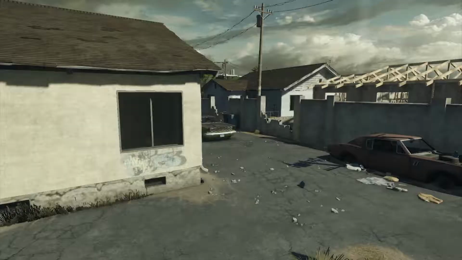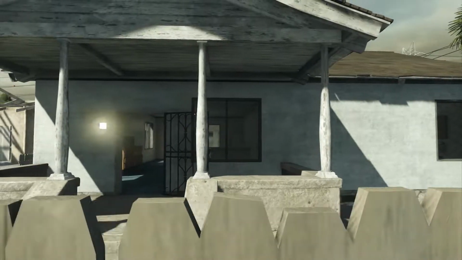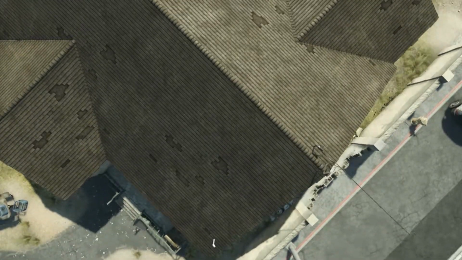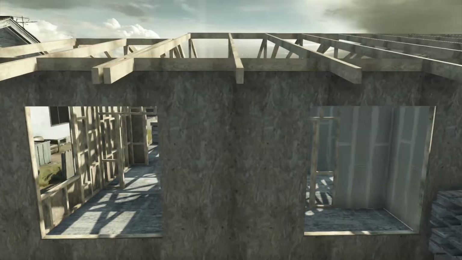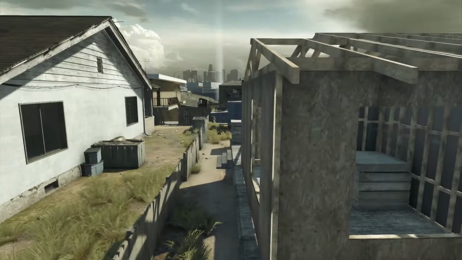Let's start off on the west end for the first key area, which is the houses. These houses are pretty close in proximity, so you can actually get away with using your sidearm as you hunt for the enemy. If you want a better vantage point, go ahead and grapple up onto the roof to defend this area. The house that's under construction provides some decent coverage, but it's mostly wood, so it can get